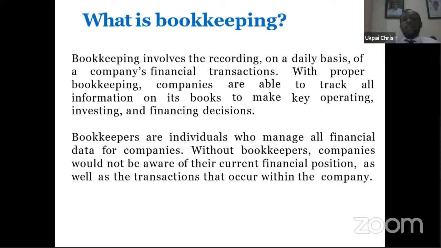So you have to maintain proper bookkeeping, and this will include the expense book, which is the purchase book, and the sales book. The purchase book is where you are spending your money. The sales book is when money is coming into your organization. As we continue, you know some other books of account. You have the debtors book and the creditors book. You record when you sell your goods on credit; that's the debtors book.